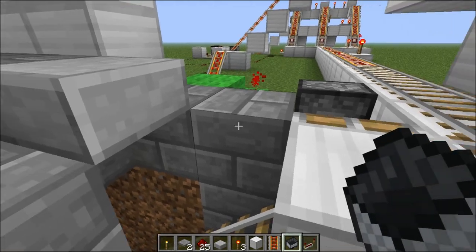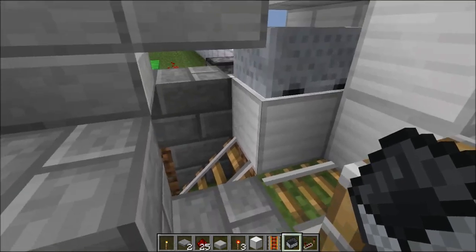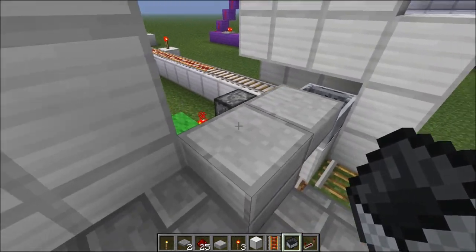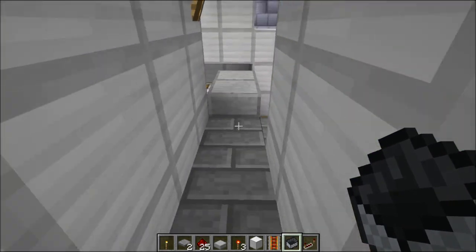I'm going to be right back. I'm going to make sure this works. Alright everybody, I got it to work. It was just that it needed to be 1 higher. So when you get off the cart, it looks sort of like this. The cart's there, you're standing here, and when you hit the pressure plate,